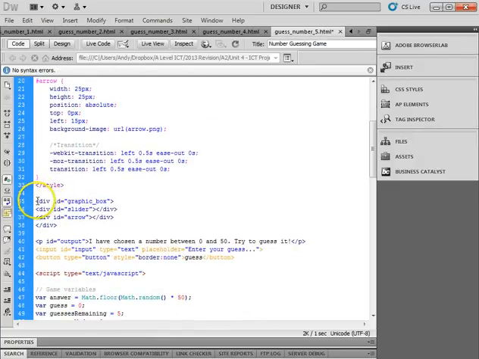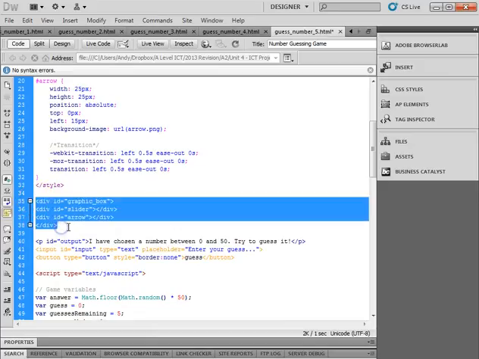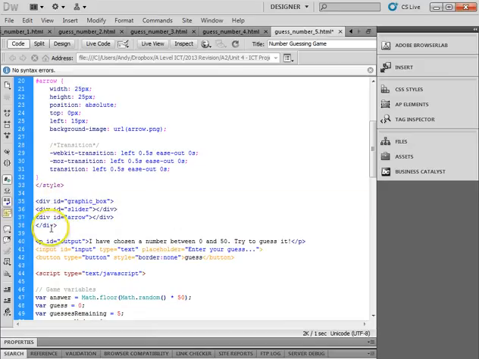So, we now move on to lines 35 to 38. Lines 35 and 38 are the start of the graphic box, and also the closing of the graphic box. So that's our container, and all the graphics get placed inside it. Then, underneath that, we put in the slider layer, which is the background graphic, and then the next one is